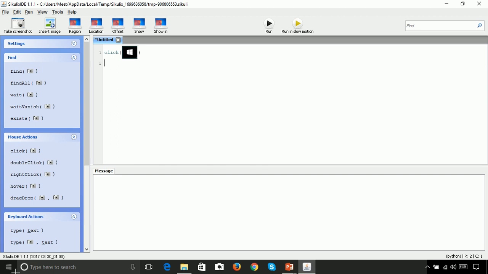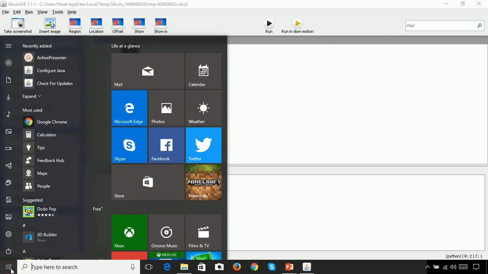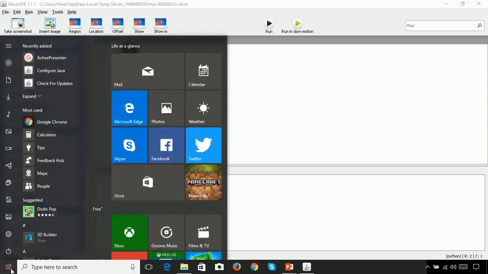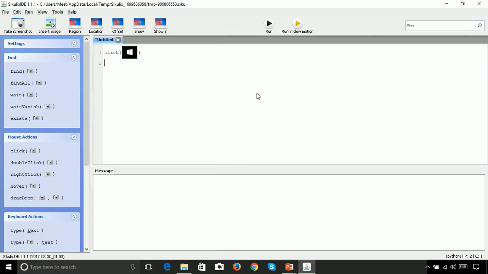After clicking, you may have noticed a pop-up appears on the screen once we click on the start menu. So there is a delay between these two actions. We have to make sure that every action is taken once this pop-up appears on the screen. So to ensure that, we will use the function wait.